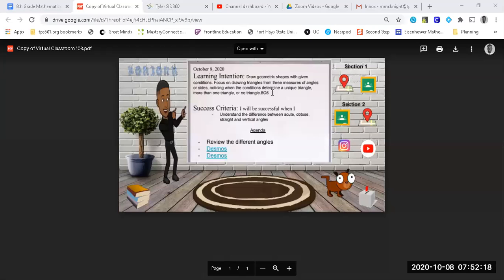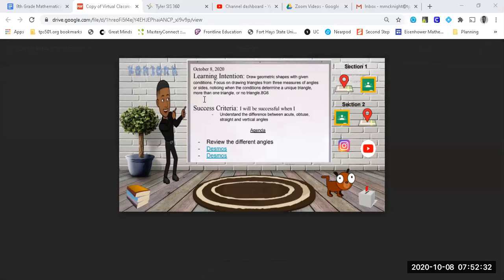All right, so today we're going to be looking more at angles. I have on here the learning intention. We're going to be able to draw geometric shapes with given conditions, focusing on drawing triangles from 3 measures of angles and sides, noticing when the conditions determine a unique triangle, more than one triangle, etc. In order for us to be successful at this, we're going to look at the different